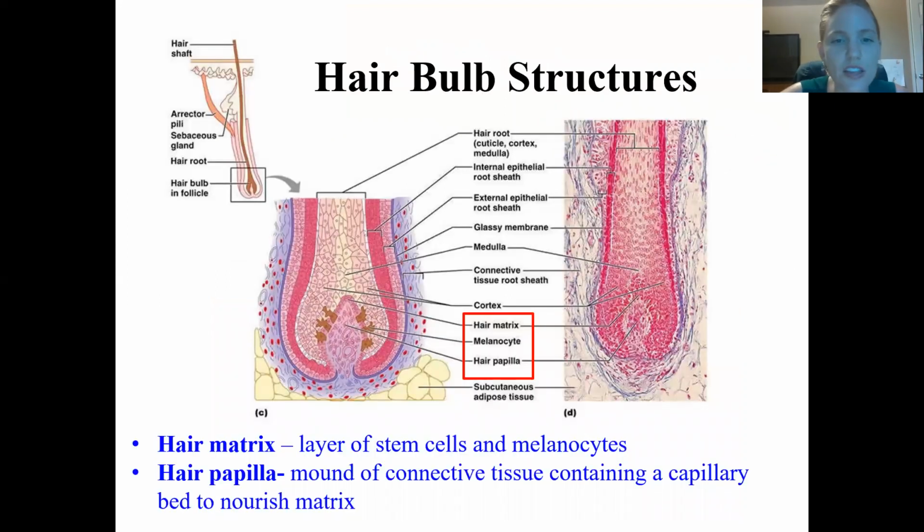Okay, so the other thing that I want to talk about is growth, but before we talk about that, let's make sure that we know what this word means, hair matrix. So here is the hair papilla. Remember, papilla mound, that's where the blood vessels are going to be located. And again, they're going to nourish the stem cells. And the stem cells are located in a layer right on top of that that's called the hair matrix. Okay, so you have the papilla here and the hair matrix right on top of that, which includes those stem